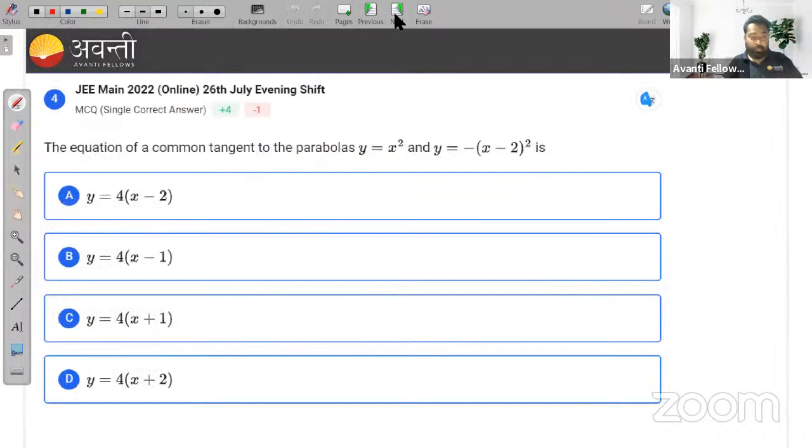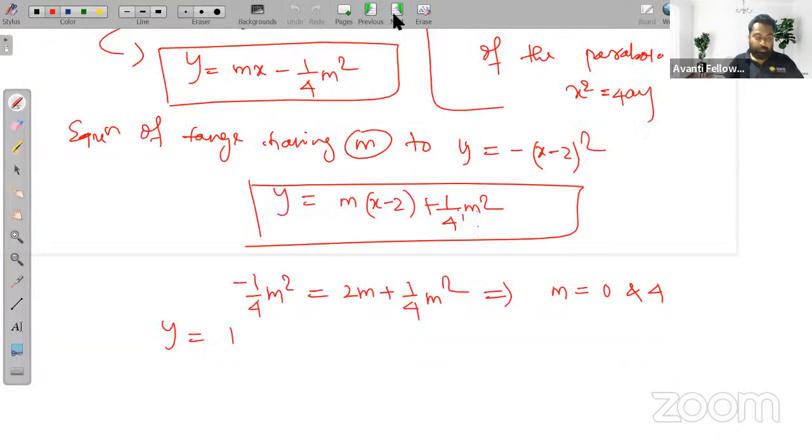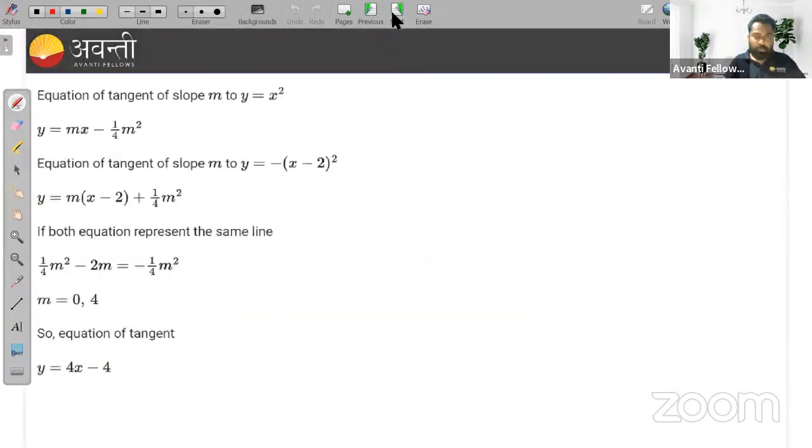Equation of common tangent to the parabola, right? Okay, so the equation of tangent will be,